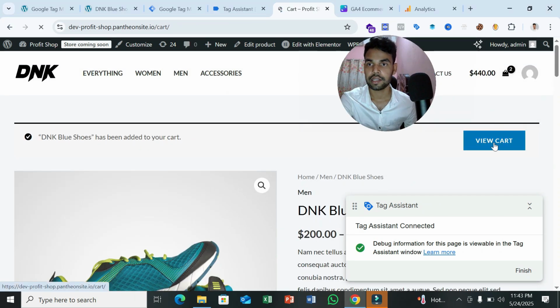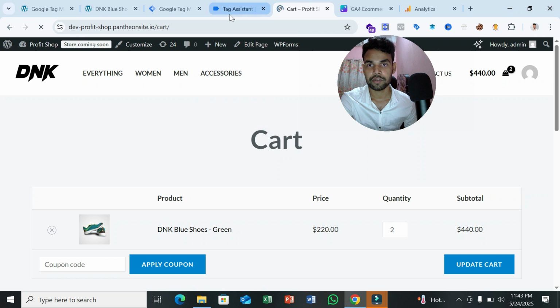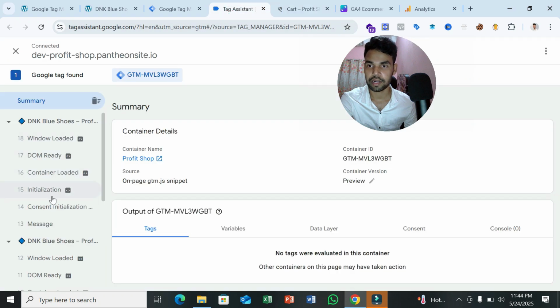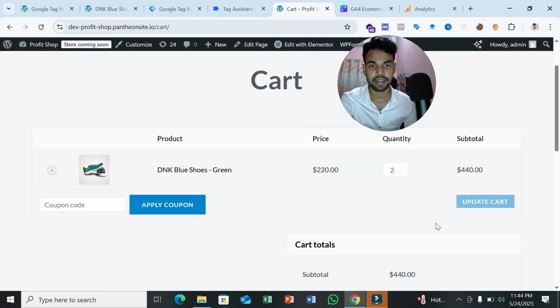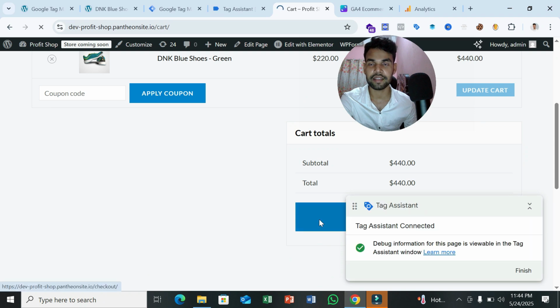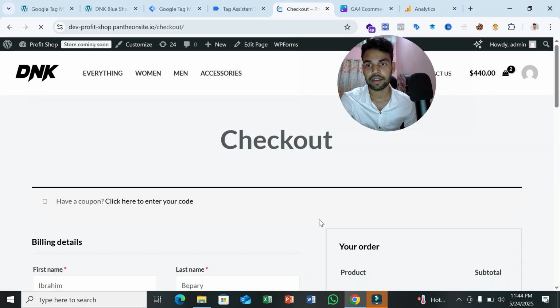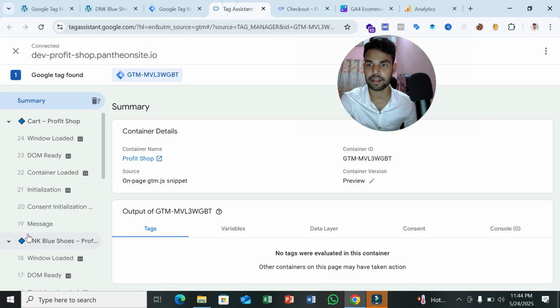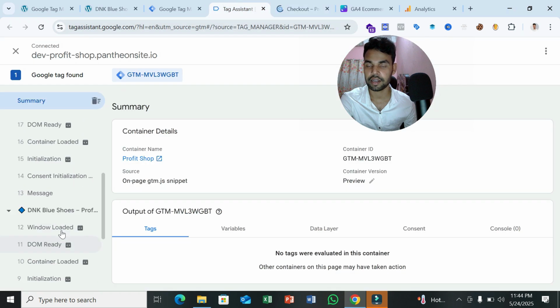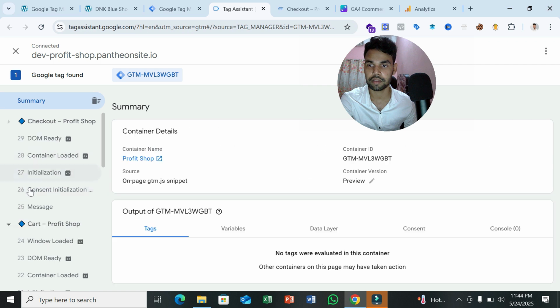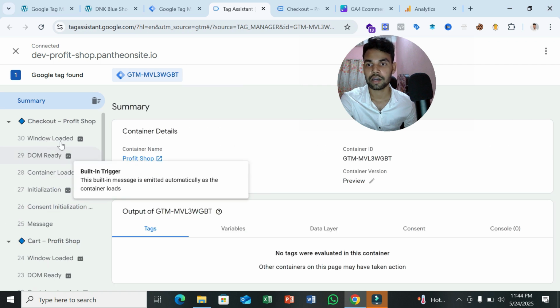And also if I go to view cart, here we should see the view cart event, but we can't see it. And finally, if I go to any checkout page, we should see a checkout event, but here we can't see it. Can you see any add to cart, checkout, or view item here? No, because now